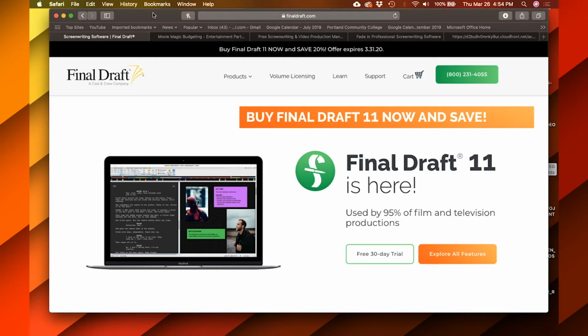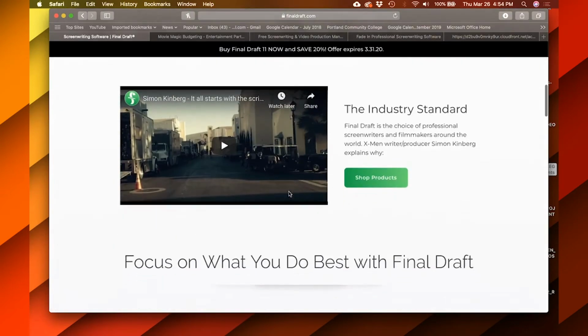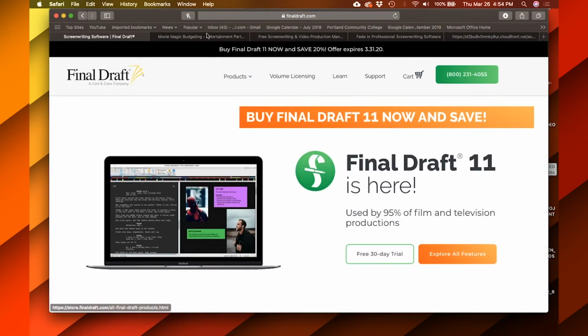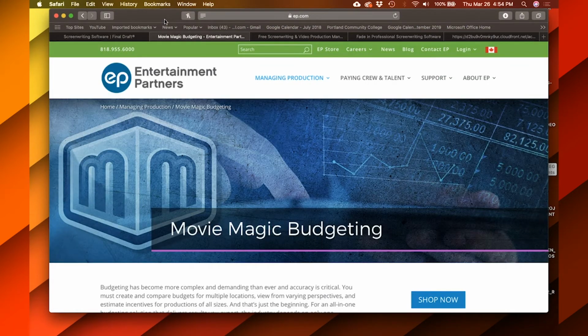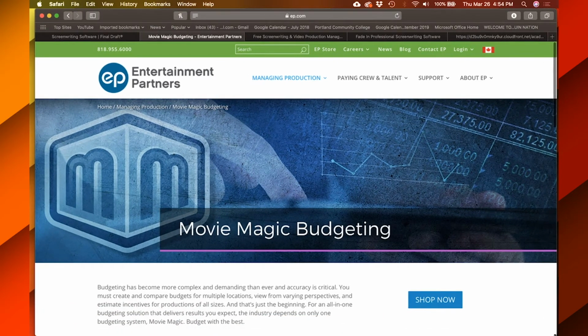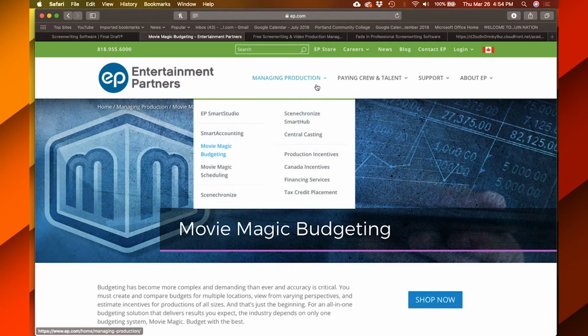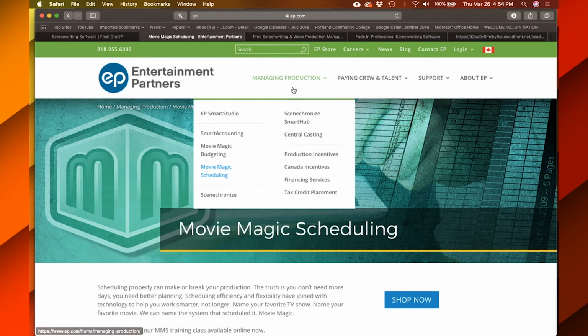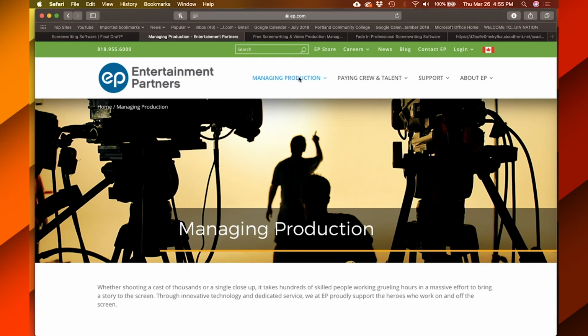Final Draft, though, the big difference is they also work well with the company that owns Final Draft. They also create some other software, and right here you can see MovieMagic Budgeting, and this company also makes MovieMagic Scheduling. So if you create a script in Final Draft and you are all done with it,